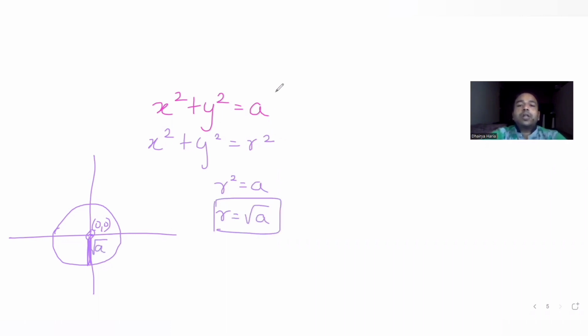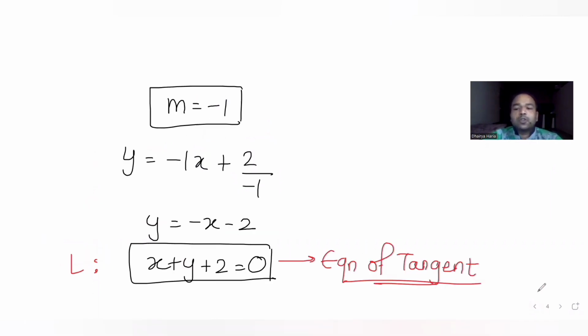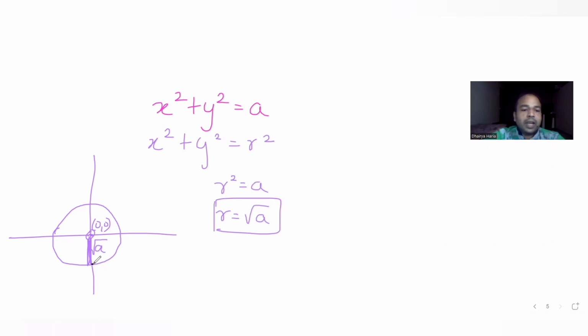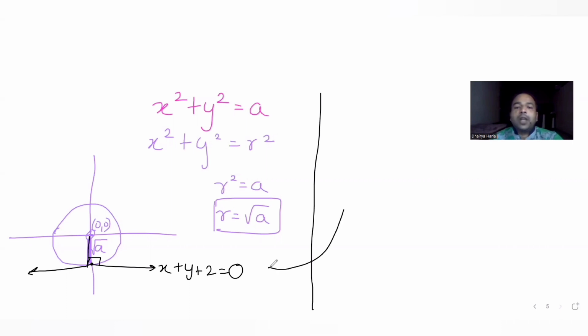Now they have also told us that the line L, which has the equation x plus y plus 2 equal to 0, is tangent to the circle. If I draw the tangent, this is your tangent line x plus y plus 2 equal to 0. We already know one idea, that the radius is always perpendicular to the tangent. So if I use the condition of perpendicularity, it says